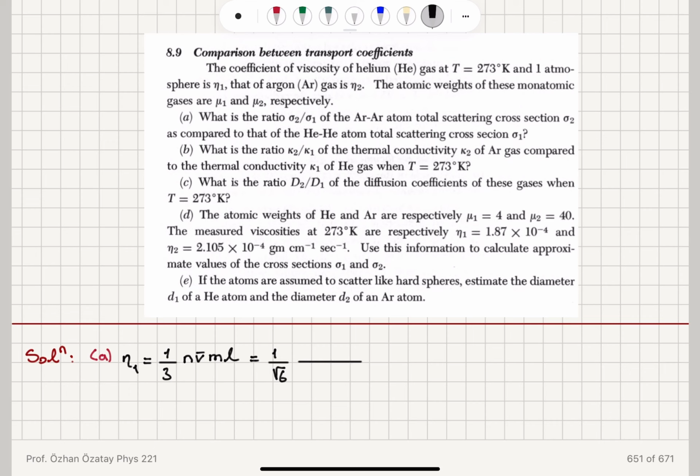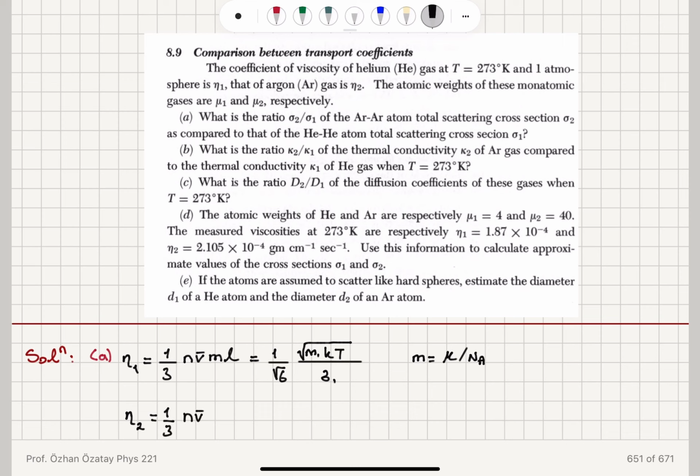square root m k T. So now this is the first type: square root of m1 k T divided by the total scattering cross-section sigma 1. And the mass of one molecule, or one atom in this case, is the molecular mass divided by Avogadro's number. Okay. Now, the viscosity of the second type is 1 over 3